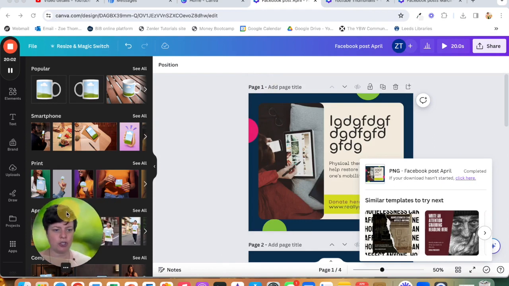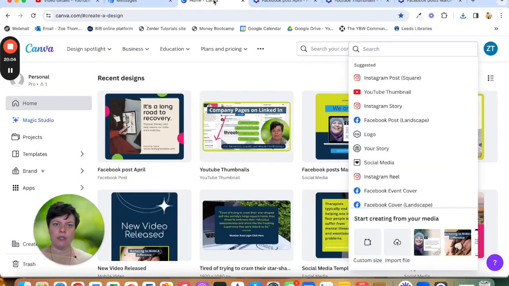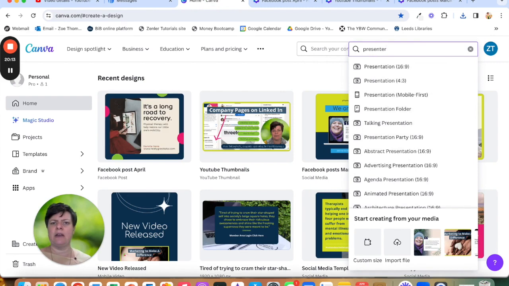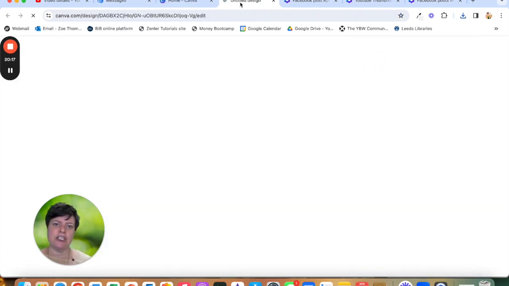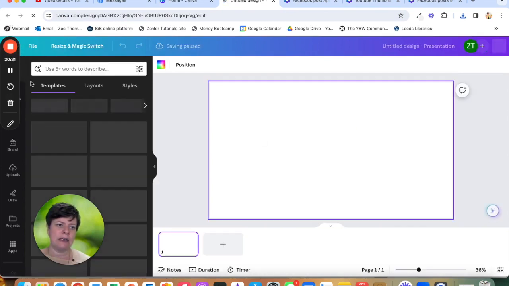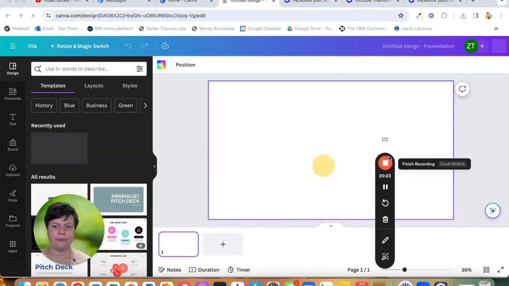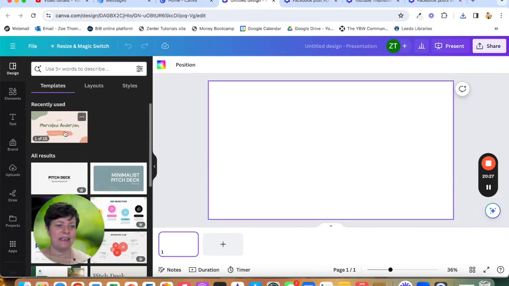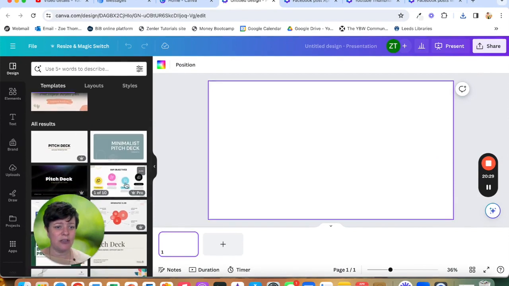It's not just social media. Canva also does presentations as well. Presentation templates are really quite good, particularly as well for like PDFs and things like that. So if I was doing a presentation, click on that, and then in templates, design at the top, move this out of the way, design at the top and templates, they've got some really quite good